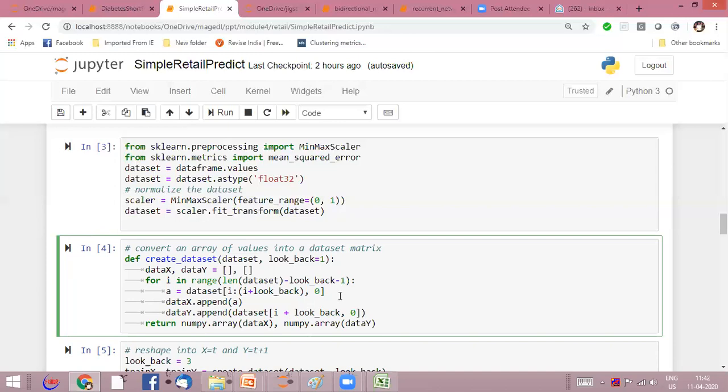So the total number of rows will be length of data set minus look back, and the ith row will have element dataset I to dataset I plus look back minus 1. Then Y will be dataset of I plus look back. This is very important for us to understand because we are converting an otherwise univariate sequence or a full series to a regression problem